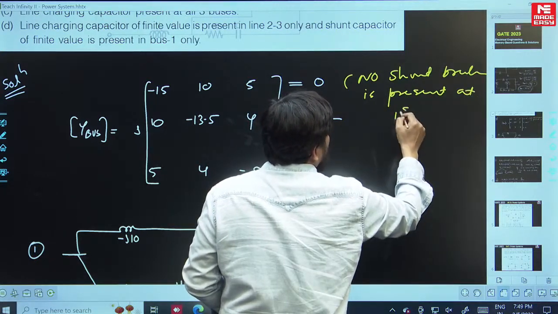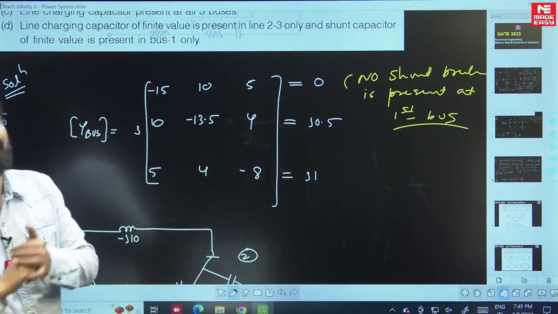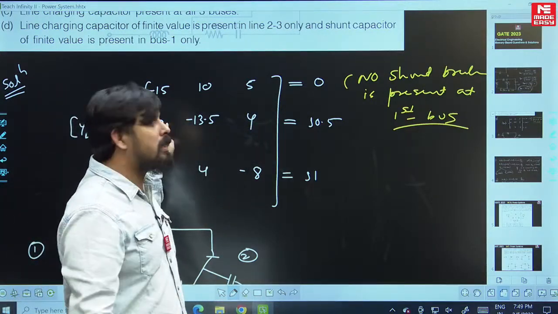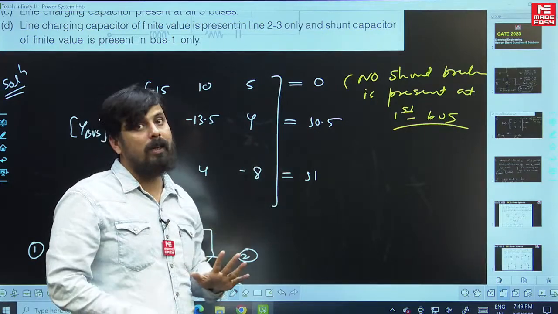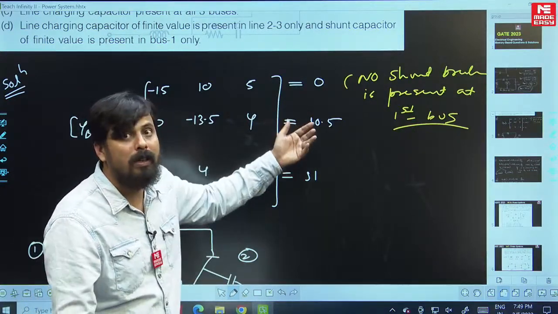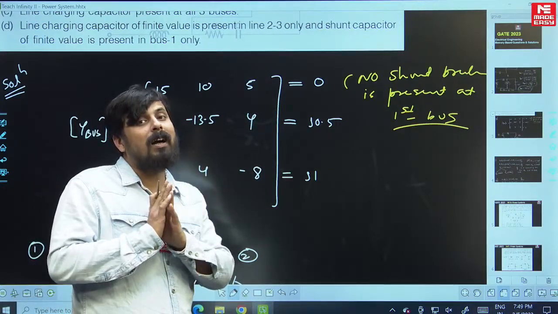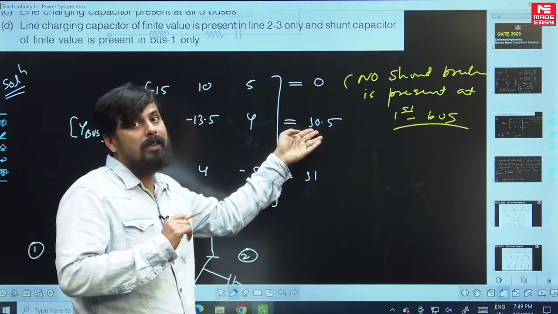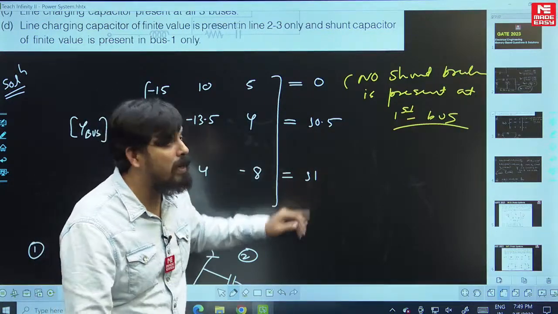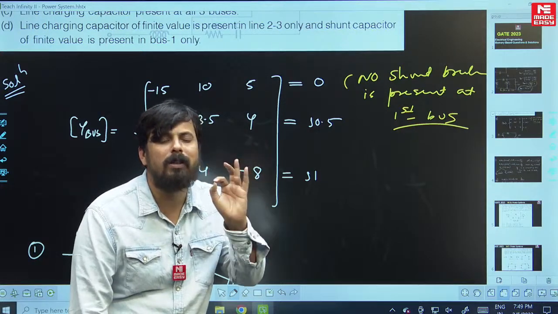एट फर्स्ट बस पे कोई शंट ब्रांच नहीं। क्यों? क्योंकि पहले रो की एंट्रीज का सम 0 आया है, इसलिए पहले बस पे कोई शंट ब्रांच नहीं। दूसरे रो की एंट्रीज का सम J0.5 आया और तीसरे का J1 है, यानी दूसरे और तीसरे बस पे शंट ब्रांच है। नॉन जीरो अगर रो का सम नॉन जीरो आता है मतलब शंट ब्रांच है। और जो नॉन जीरो वैल्यू जोड़ने पे आती है, वो बस पे जो नेट शंट ब्रांच है, नेट शंट एडमिटेंस है वो होता है।